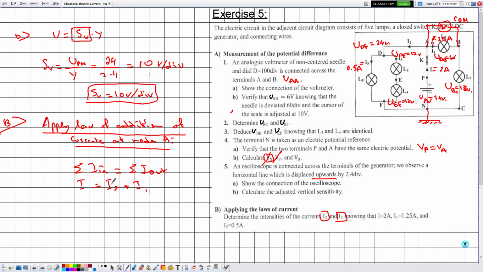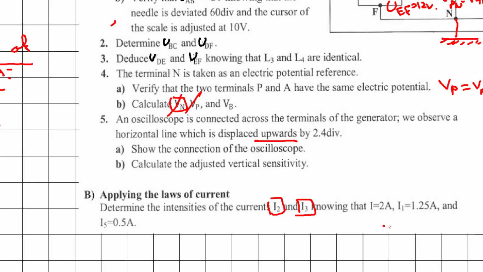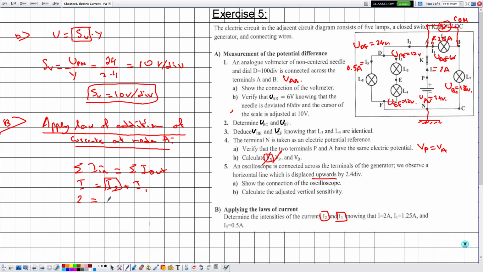Knowing that we are interested in determining the value of I2, the value of I is given by 2, I2 is kept as a variable, and the value of I1 is given by 1.25. Then I2 is given by 2 minus 1.25, which is equal to 0.75 amperes, because everything is expressed in the SI. So the value of I2 is given by